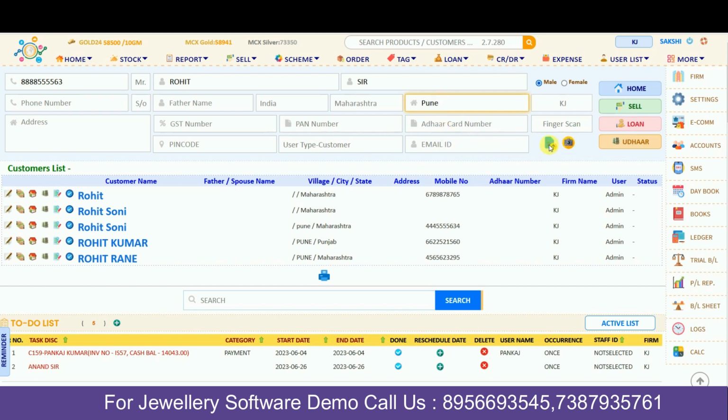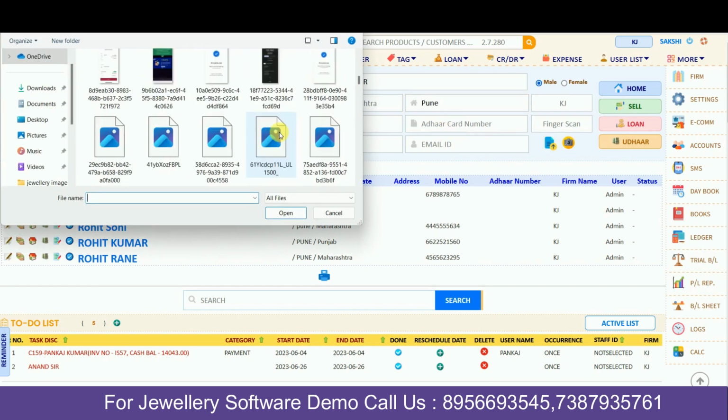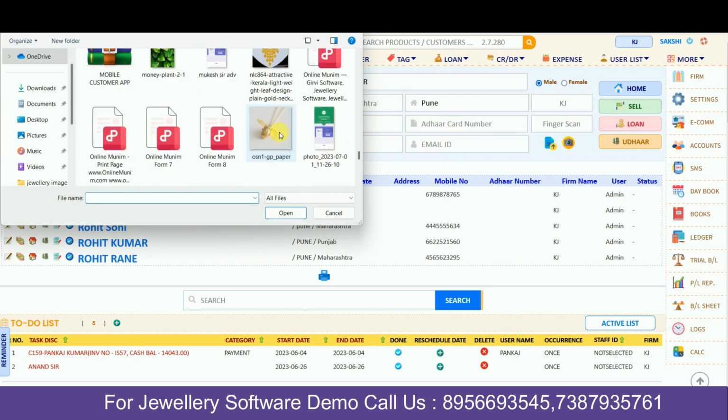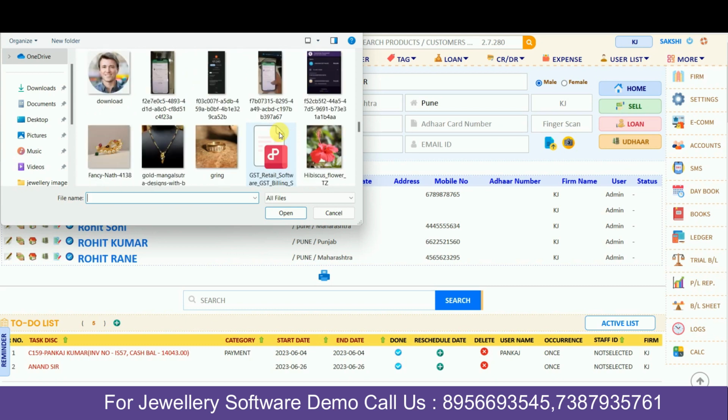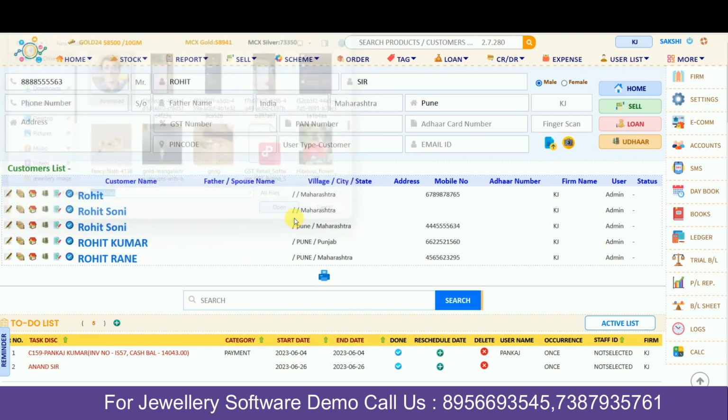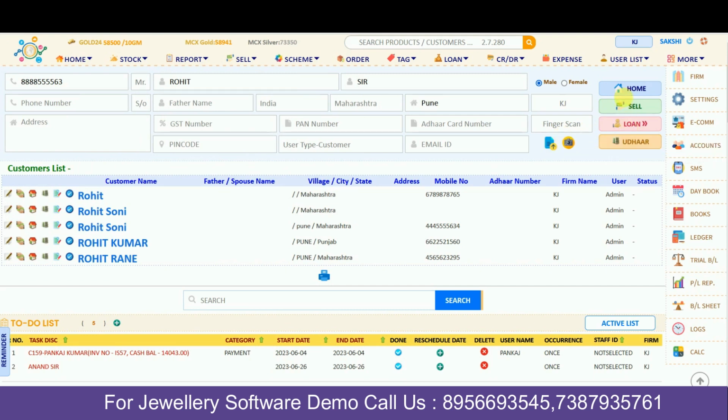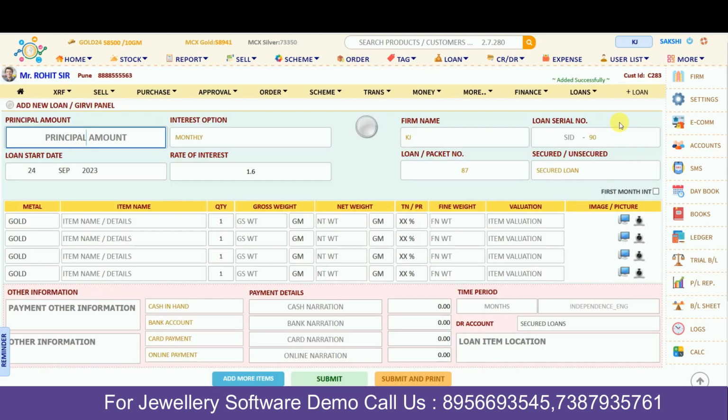If you want to upload the image of that customer, from here you can upload it. If you have the image of that customer, you can select that image, or else you can capture it using the webcam. I'll set my image, and after that you have to click on this loan panel. Now there are lots of options. If you want to issue him a loan, you have to click on this loan panel. Now this customer is also added to my user list, and I have reached his loan panel. Now we can see this is the loan panel form. Here we have two types of loan.